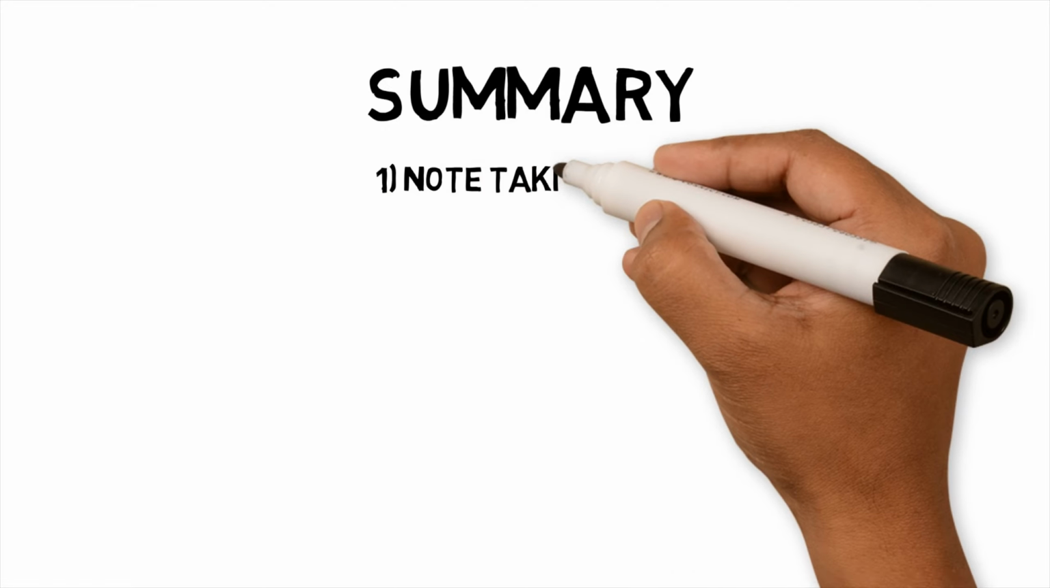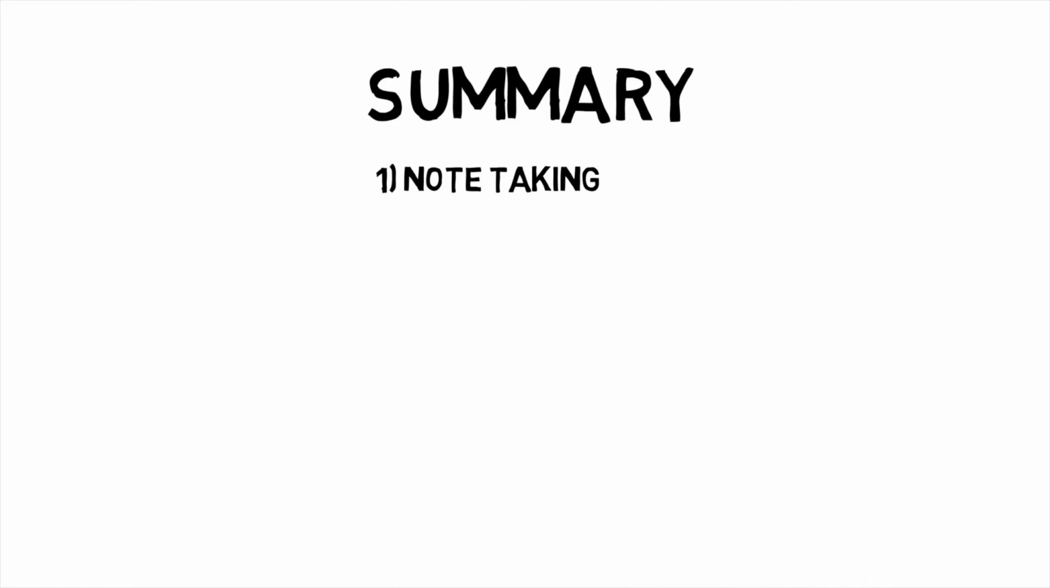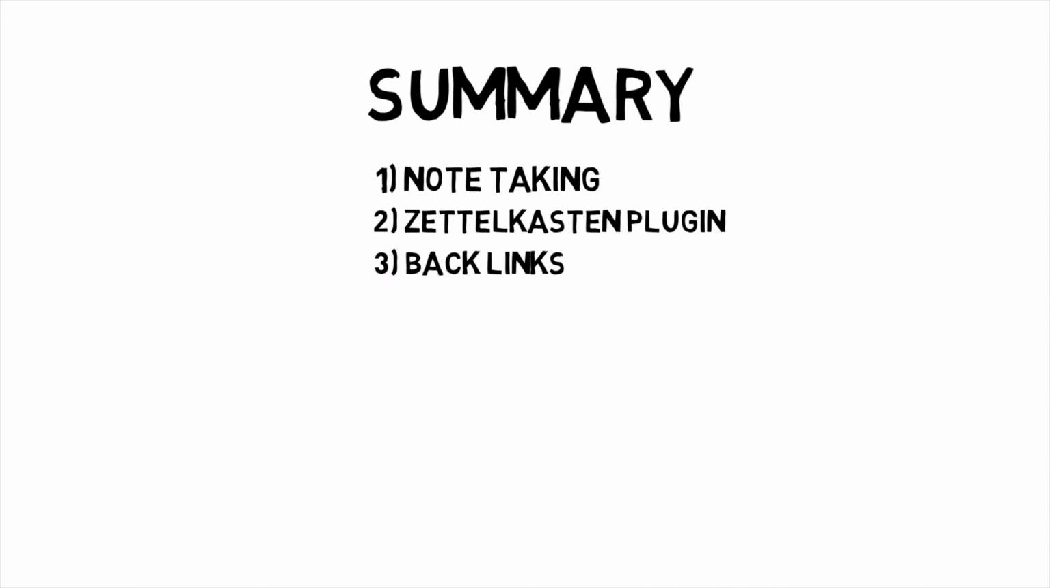Summary. Key features in Obsidian are: Number 1. Note-taking functionality using markup language. 2. Zettelkasten plugin functionality to keep notes unique. 3. Backlinks to link my notes together. 4. Tags to group notes and explore keywords. 5. Graph view to review how notes link together or not, to help me generate new